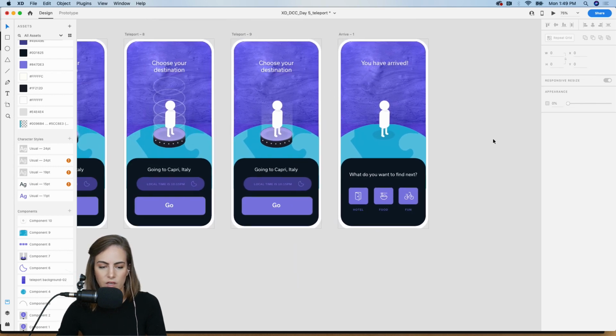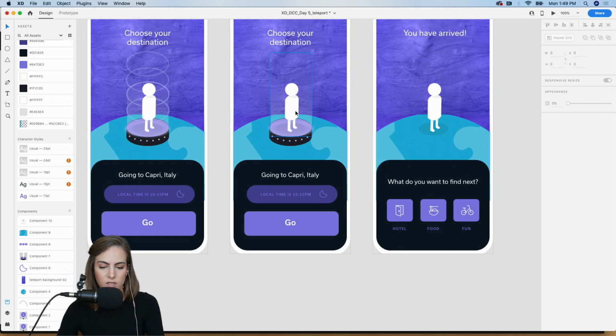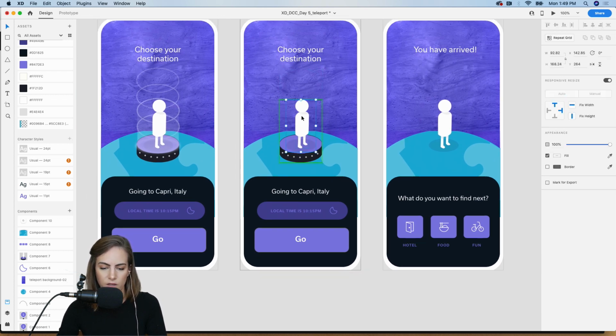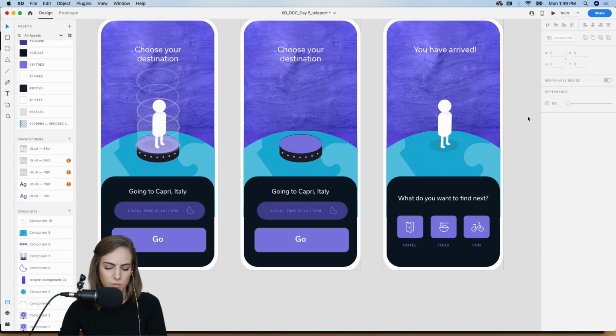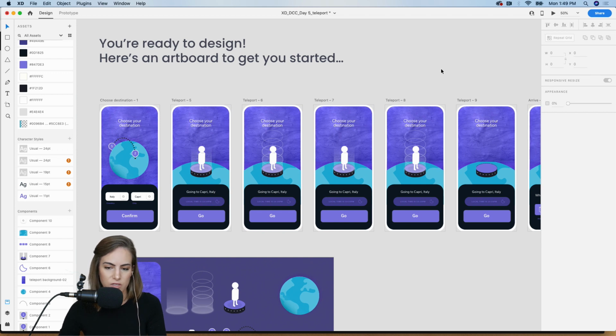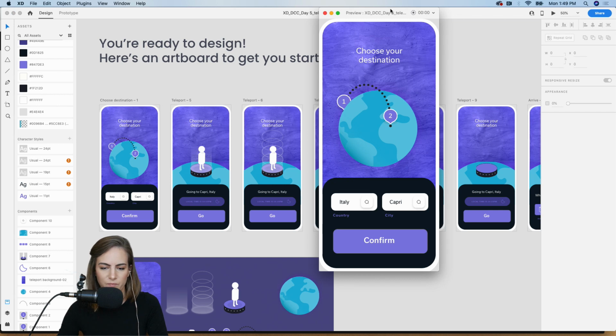Rearrange that a bit. And on the second to last artboard, I just want to remove this guy, so it looks like we're disappearing before we actually arrive somewhere. Okay, so let's go ahead and save, and then we can preview the whole thing, see how it goes.